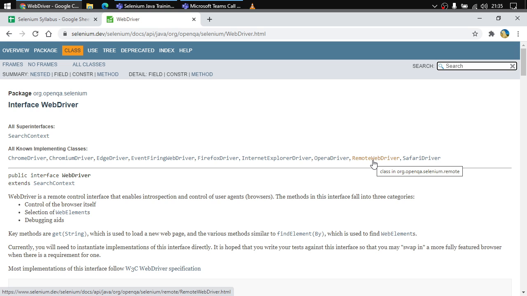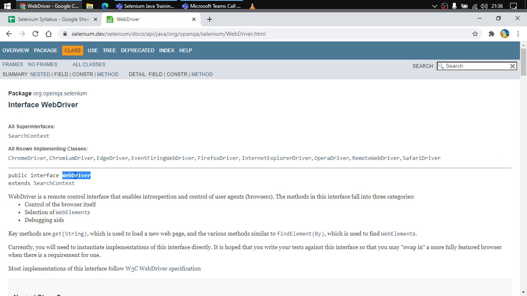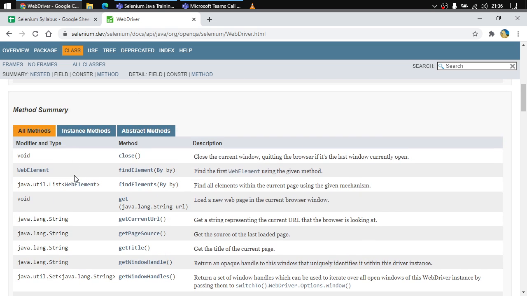We will be dealing with this, so we will be learning about how we can deal with this actually. And the Safari driver. Out of all these drivers, ignore the majority. We will be basically dealing with Firefox browser and Chrome browser, right? In case you have a special requirement of another browser, all the commands in all the browsers will remain the same, right? Why? The thing is that WebDriver is an interface which is specifying few things,